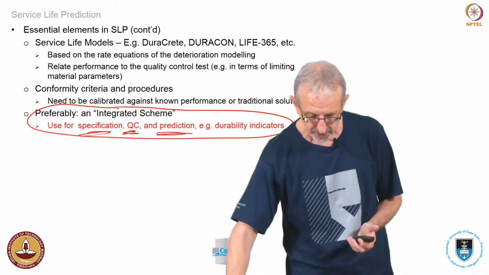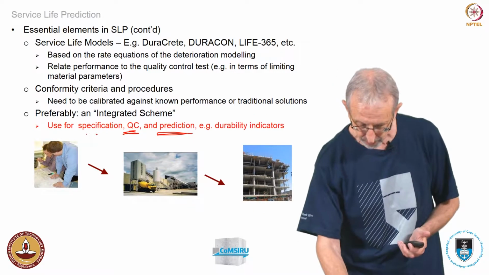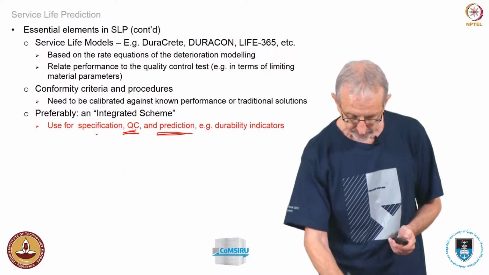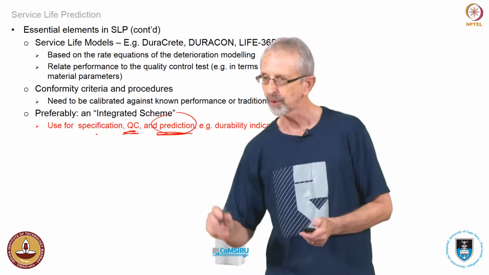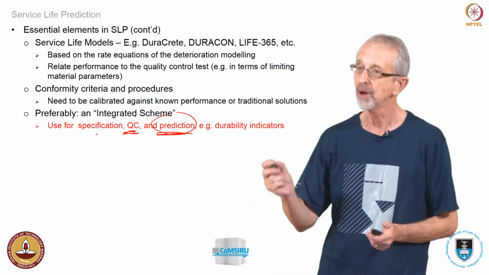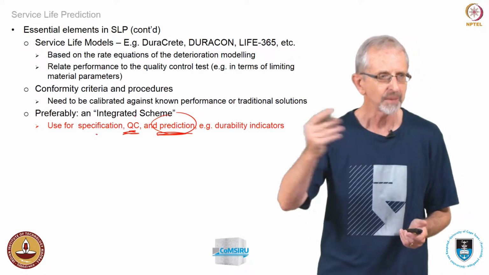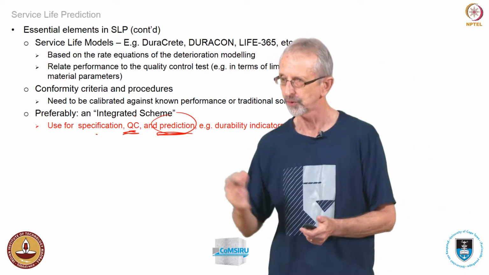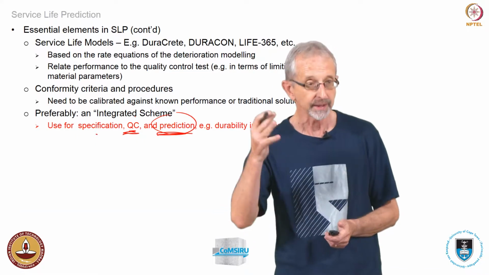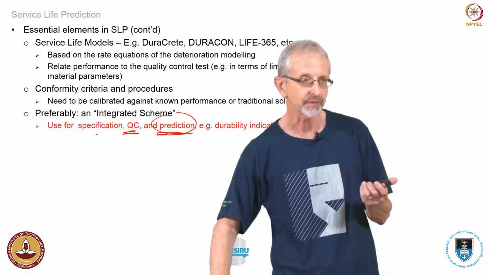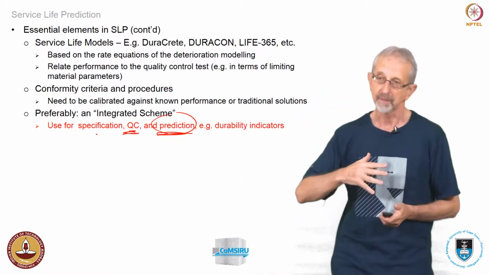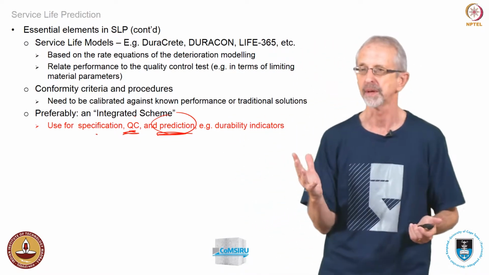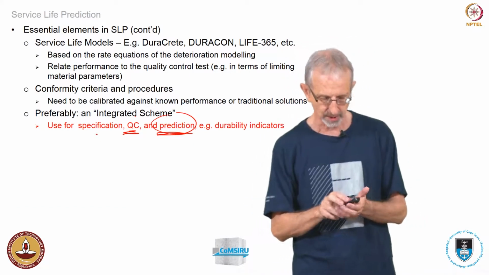So for example, we specify a certain value, we find out on site that we didn't get that value, so then we can go back to our prediction model and say, okay, we didn't get what we wanted, so what will the effect be on the service life? How much less service life are we likely to get because we didn't get the performance we wanted? And then we can immediately start doing remediation. If necessary, we can put a coating on, we can put an extended maintenance warranty or something like that in place. It allows us to act far more rationally.